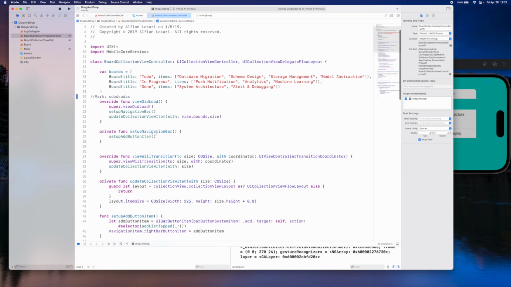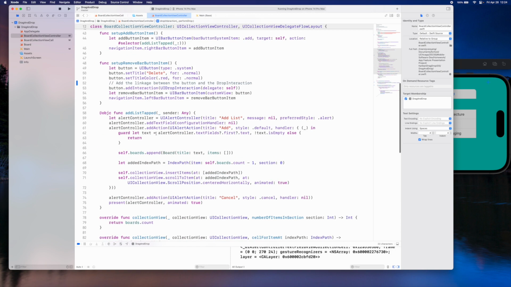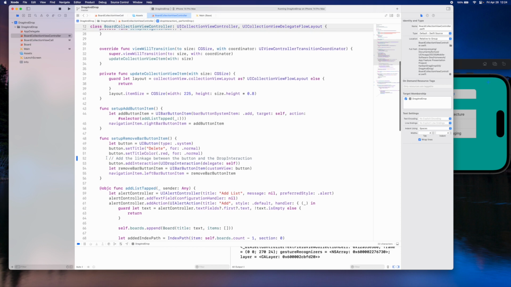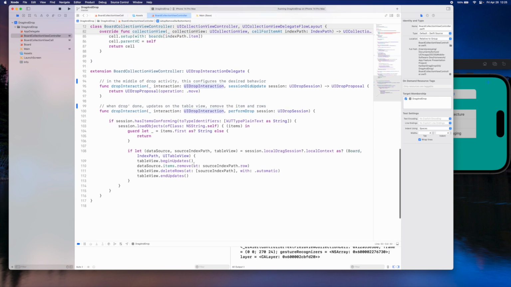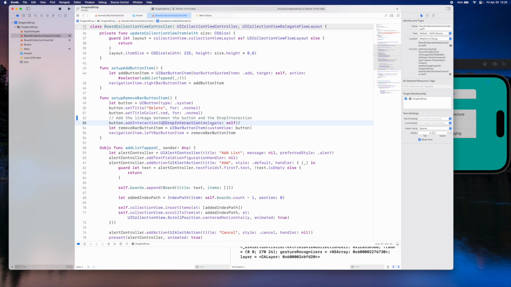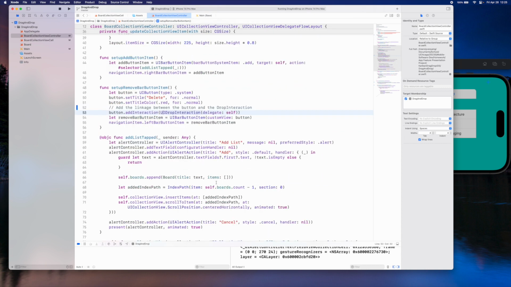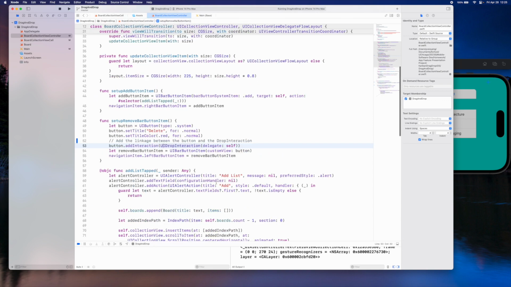In the end, we have to attach our delegation to the custom view, which is the button. So here we add the linkage between the button and the drop interaction by doing button.addInteraction and adding the UIDropInteraction we've defined at the bottom. So that's pretty much everything we need to implement the drag and drop interactions for this application.